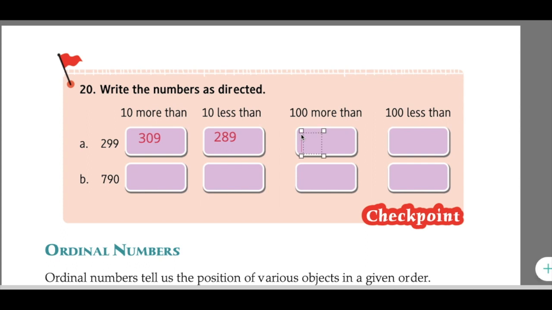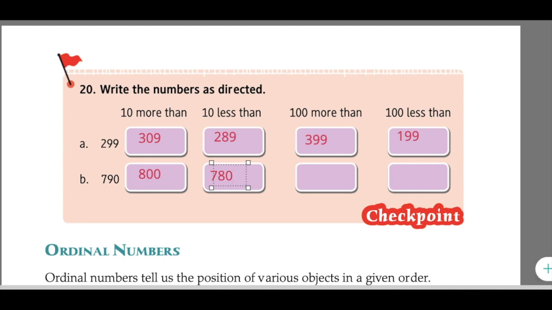So you have to add 100 to 299, which comes to 399. Next we have 100 less than 299. You have to subtract 100 from 299, where you will get 199. B. 790. So you have to add 10 more than 790. When 10 is added to 790, you will get 800. 10 less than 790. So 10 has been subtracted from 790. So the answer will be